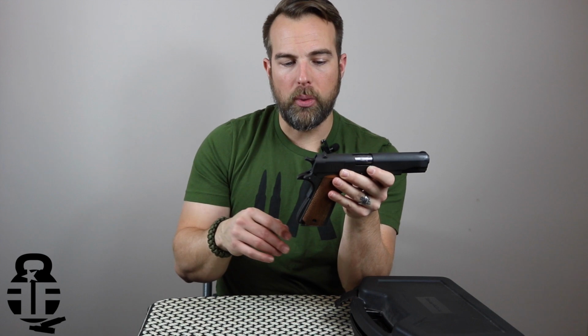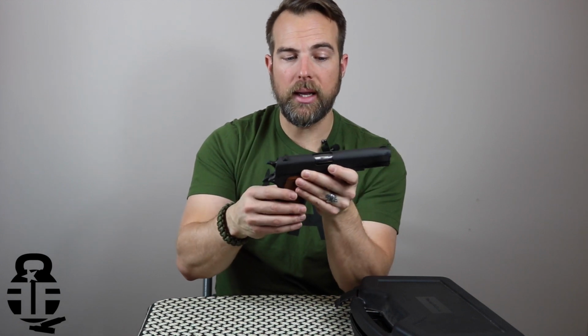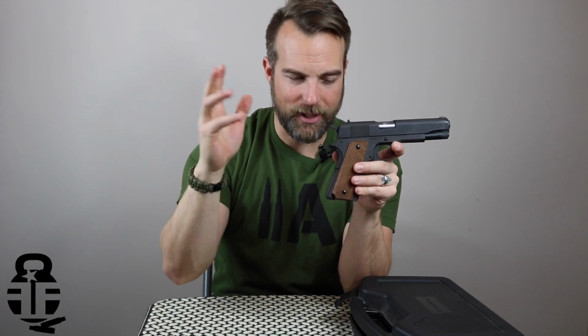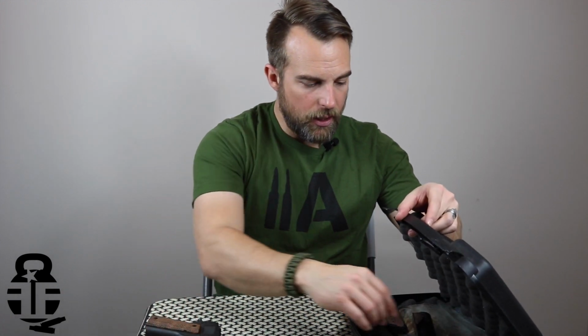Outside of that, I've had no issues with it feeding, firing, extracting, ejecting, none of that. It's run flawlessly, and I have not cleaned it or added any type of lubricant or anything. I literally pulled it out and started shooting rounds, like I said, 200 rounds through it, and it has run flawlessly. So one of the other reasons why I know that it is an Armscor manufactured pistol is the fact